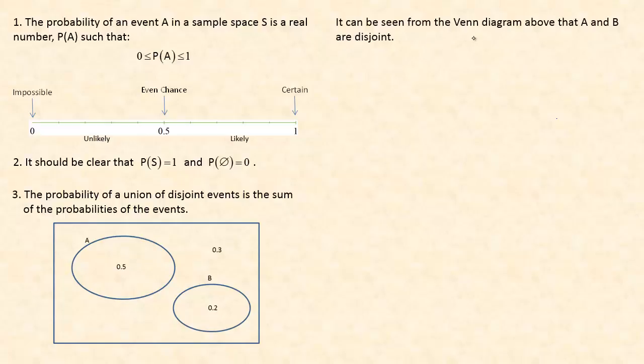It can be seen from the Venn diagram that A and B are disjoint, there's no overlap. The probability of A union B is 0.7, and that's just the 0.5 added to the 0.2. The probability of A intersection B is 0, there is no intersection. The probability of A dashed is equal to 1 take away the probability of A, which in this case is 0.5. If we look at that one slightly more generally,